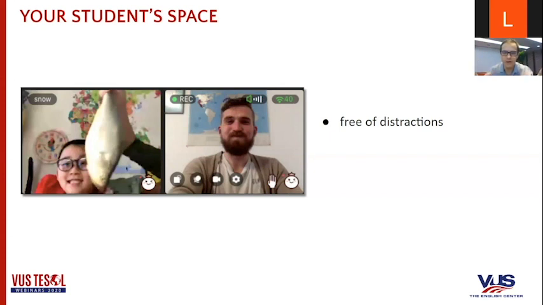Distractions are the disaster that happens in an online class. And this is one of the key differences when I was planning this workshop. It's one of the key things that I thought about when I started designing this. When you are teaching in your class, if your student is distracted with a pencil or a book, or they're talking to a friend, you know immediately what's distracting them and you can fix it right there. When you're teaching online, you have the view of their webcam and everything else that's happening off screen you don't know. You don't know what they're looking at, you don't know what they're doing with their hands. So the more that you can free your students' distractions, the better your students' participation will be.